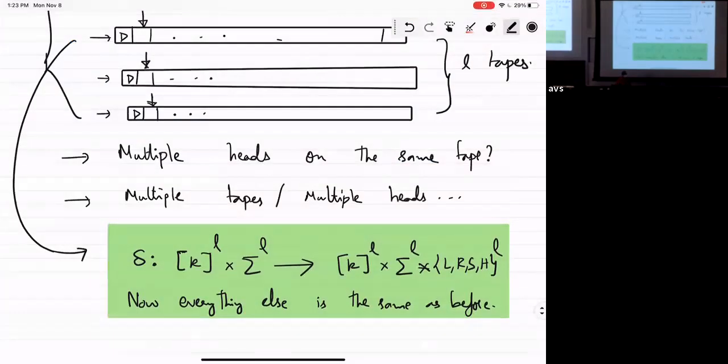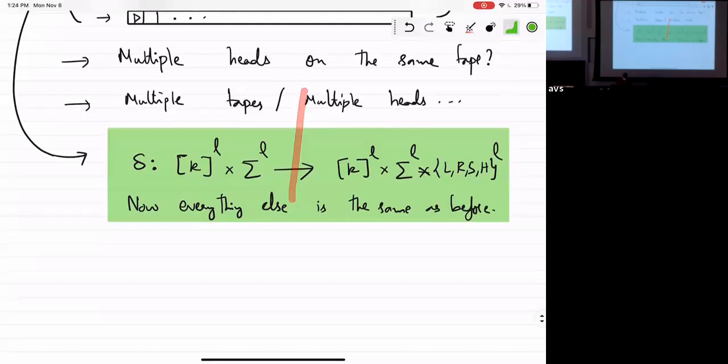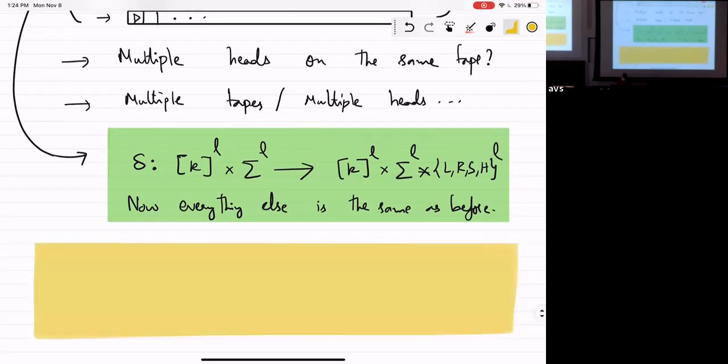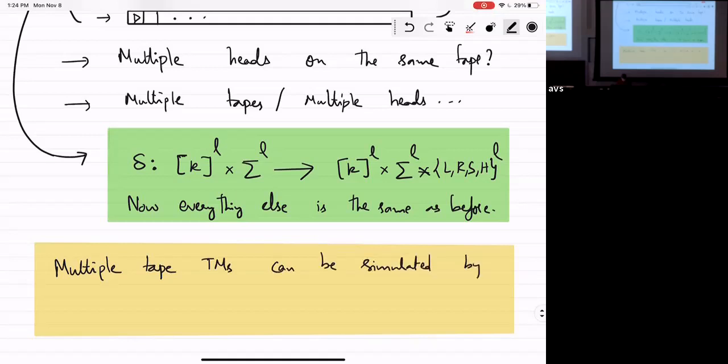So it does seem like it's buying you something, but remarkably, again, multi-tape Turing machines are no more powerful than single-tape Turing machines. Just as you could implement any Python program, multiple tape Turing machines can be simulated by a single tape Turing machine.